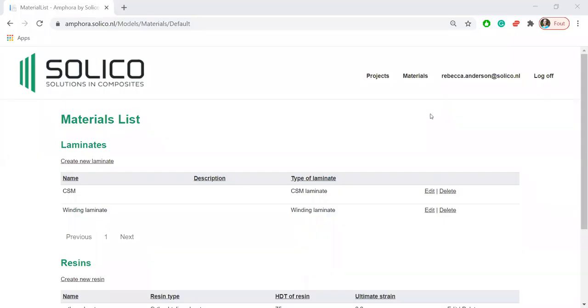Starting a project in Amphora. Before starting a project, you must have a laminate and a resin already inserted into your materials list. Otherwise, there is nothing to base your calculations upon. So make sure all materials that will be used in your silo calculations have already been inserted into your materials